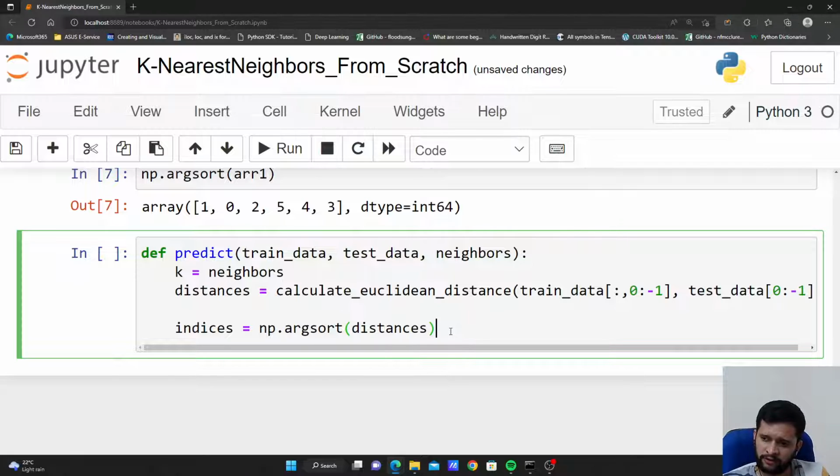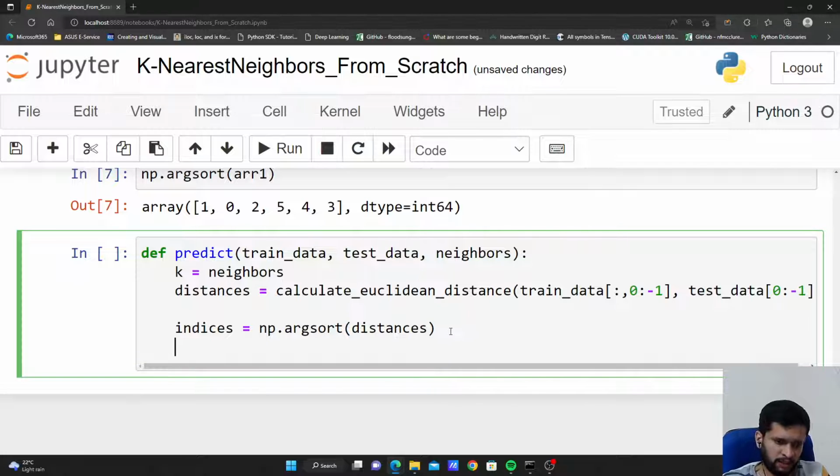Okay, now that we have these indices, all we have to do is get the predicted value, correct? The predicted value will be np.mean. We will just assign the mean value of these k neighbors, right? So how can we do that? np.mean of the train data of